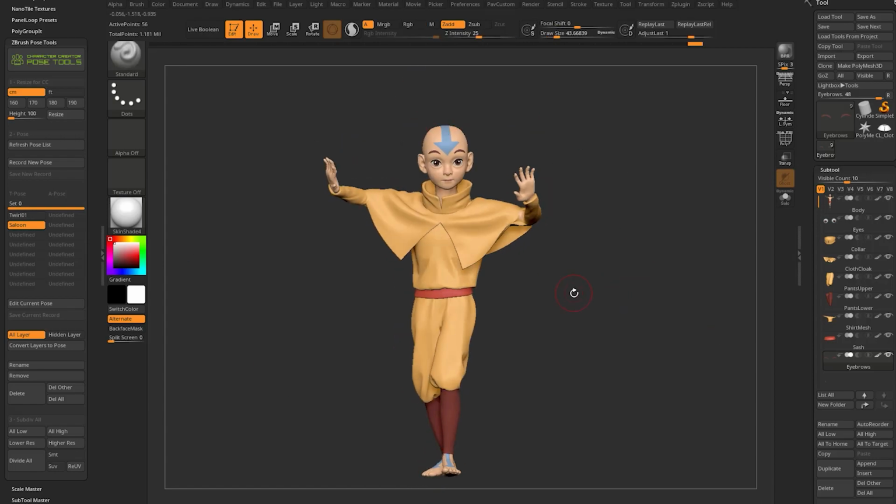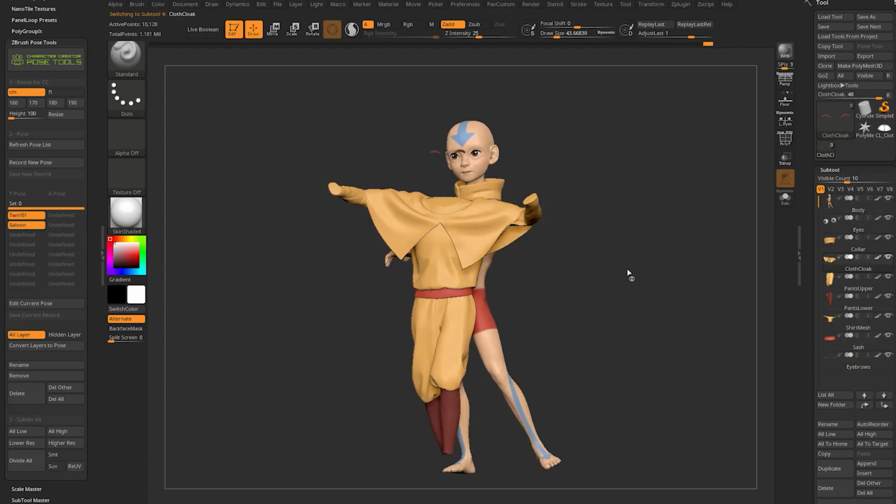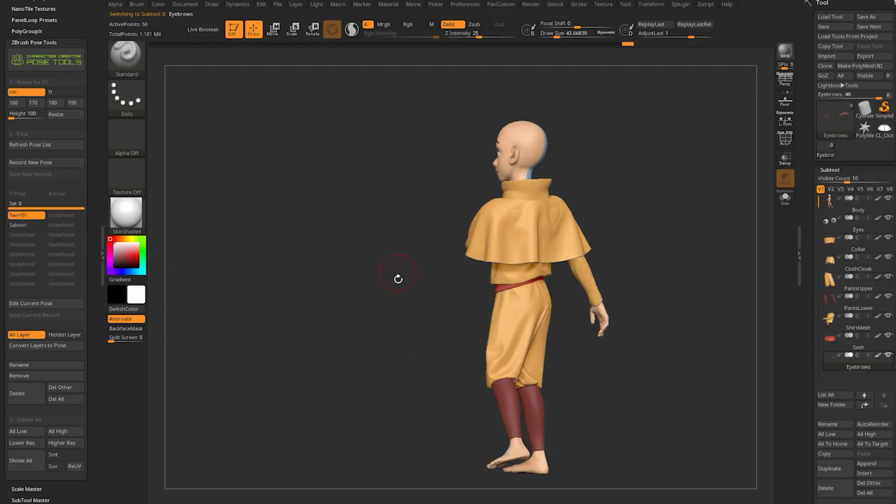And now we have a file set up that, again, we can send poses back over. If you want to know how to send accessories back over, watch the previous video, and you can continue to make all sorts of cool poses